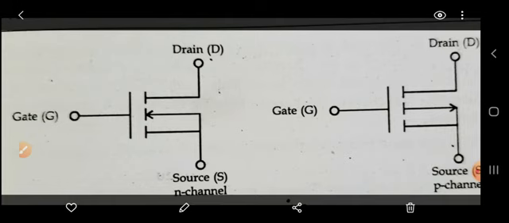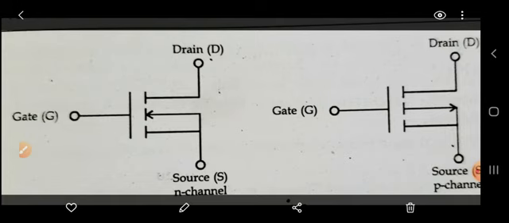Today I am moving to the next topic, that is a power MOSFET. Okay, let's go with the explanation again. So what is the meaning of MOSFET? What explanation can we give for the MOSFET? It is normally called a metal oxide semiconductor field effect transistor. A MOSFET has two types of categories: one is an N channel MOSFET, another one is a P channel MOSFET. These are the two types.